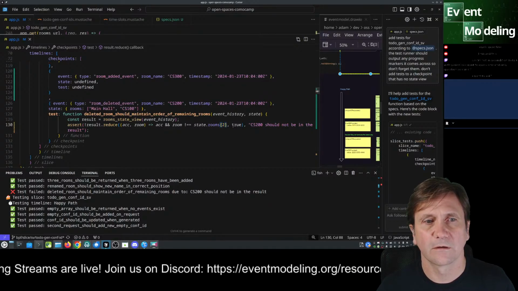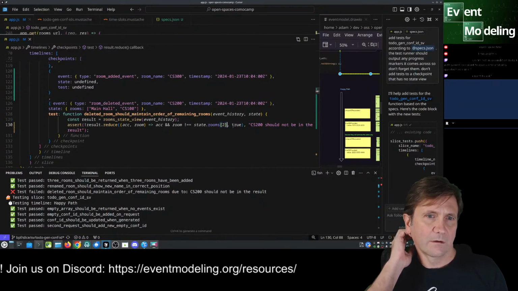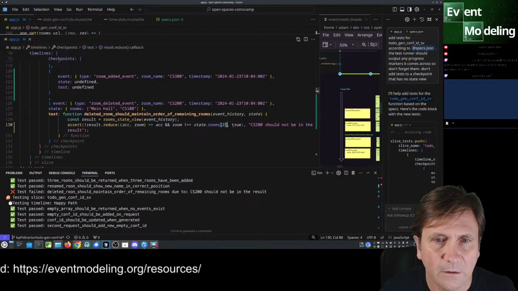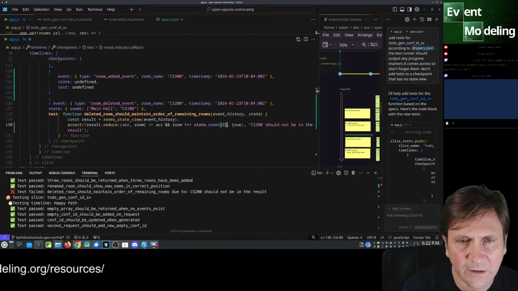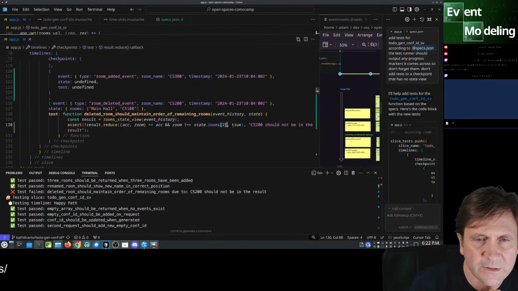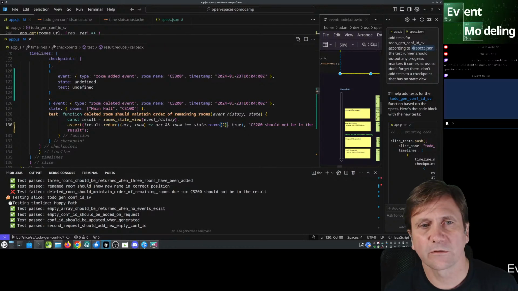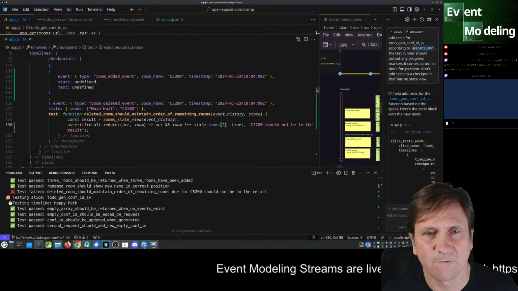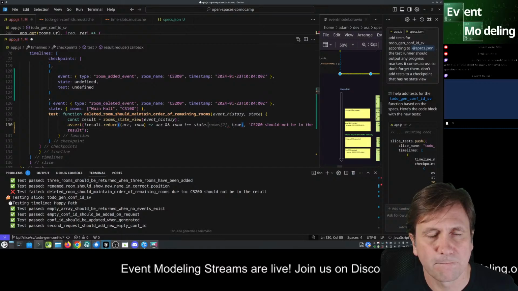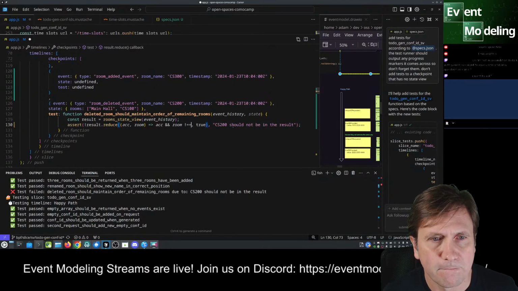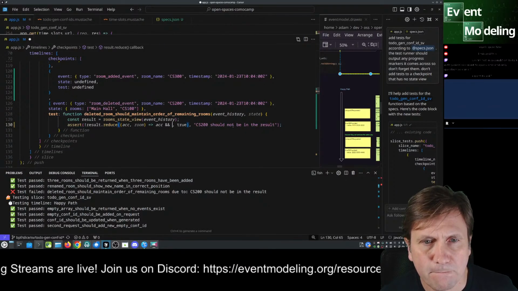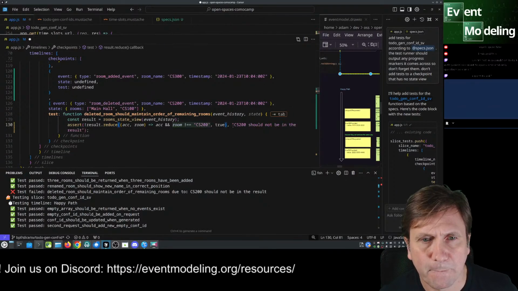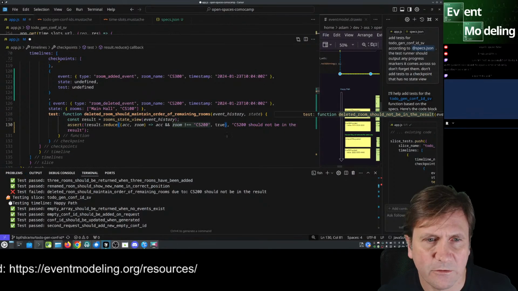State. Oh, it's trying to do the state. Okay, so the state is that, but here we actually want to... that should make it pass.